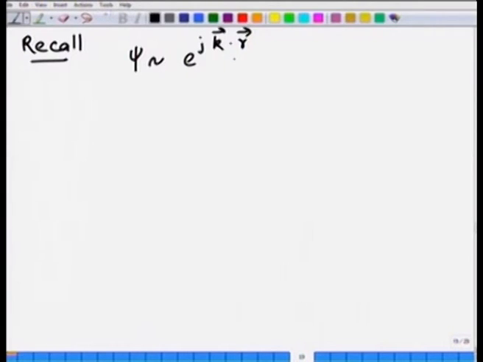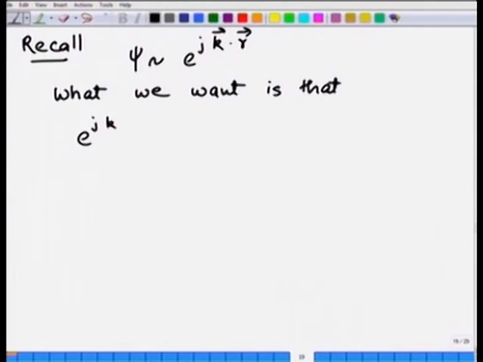Now, what we want is that phi of r, what we want is that e to power j k dot r plus R should become equal to e to power j k